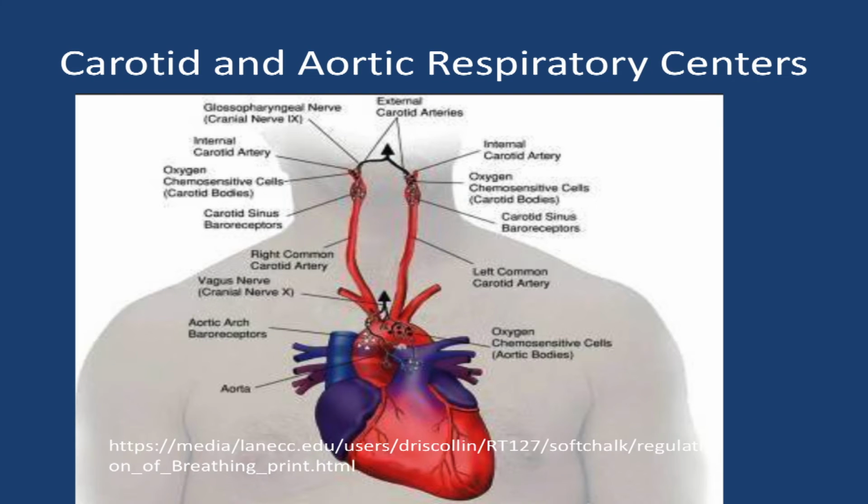This is a diagram of a heart with the carotid bodies that you can see, and also the aortic bodies. If you look close to the top of this diagram, you'll see where the carotid sinus baroreceptors are. These are the elements that detect an increase in hydrogen ion, a decrease in the pH. When that occurs, the medulla and pontine processes tell the body to increase the rate of